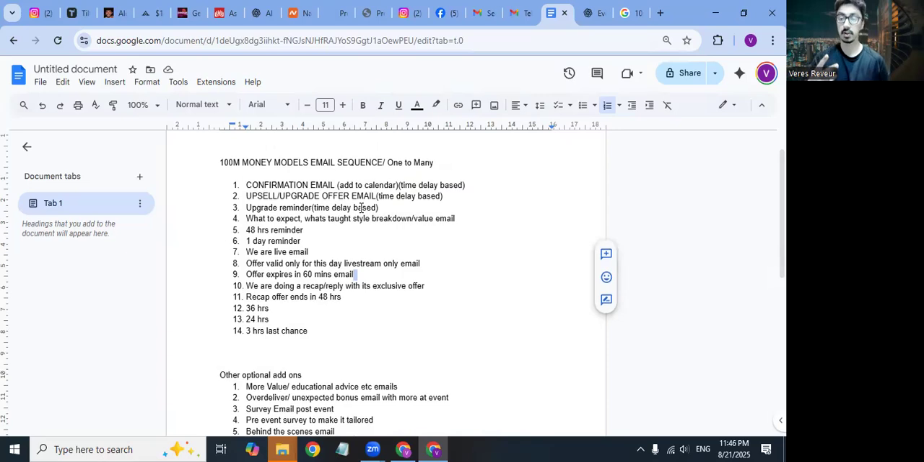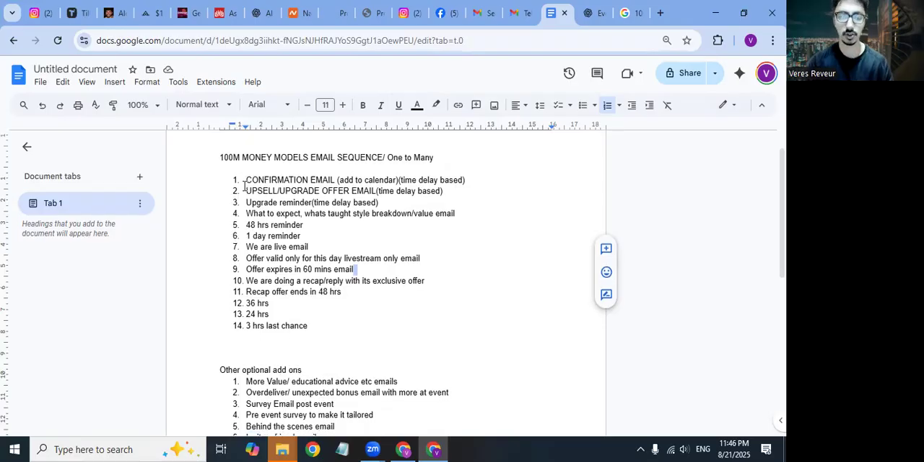Now, there are two kinds of emails. There are time-based emails, like automations, and then there are broadcasts or one-off emails that you can send later. So automations are like as soon as somebody signs in, they automatically get a confirmation email, and then 20 minutes later, they get an upsell offer, and then 1 day later, they get some other email, which could be any of these,